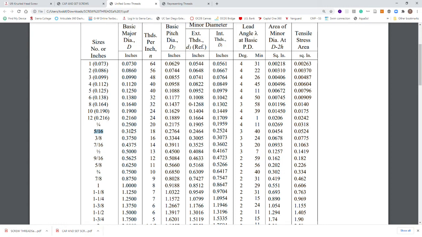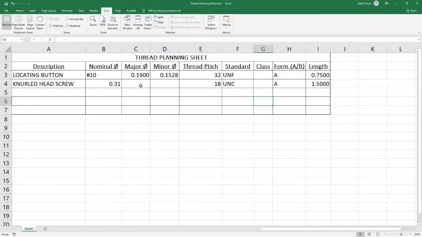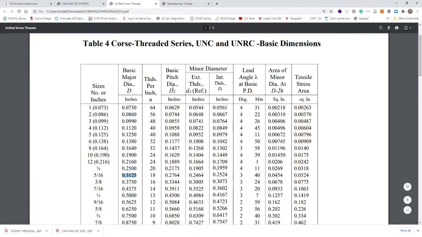Okay, so our basic major diameter is actually 0.3125. And we're going to have a minor diameter, which is an external thread.